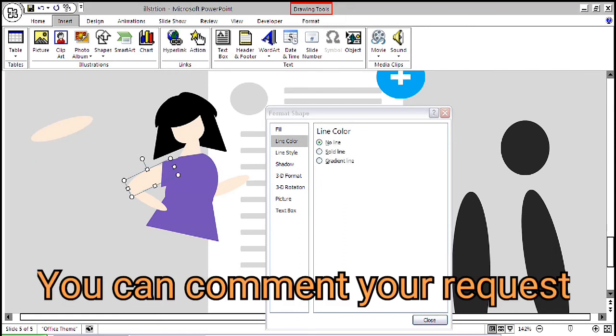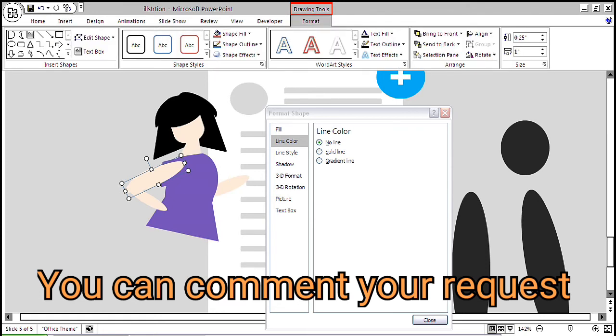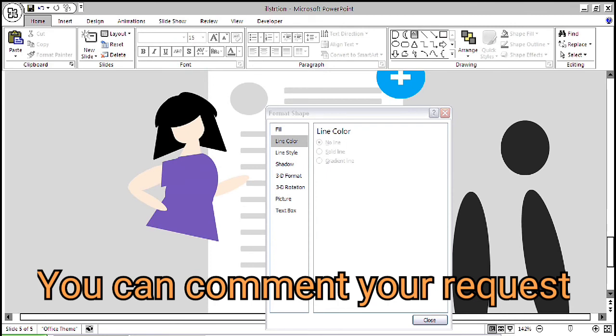Now place it below the upper part of the body, at the back side. Send it to back. So it goes to the back, and the same thing with the hand.